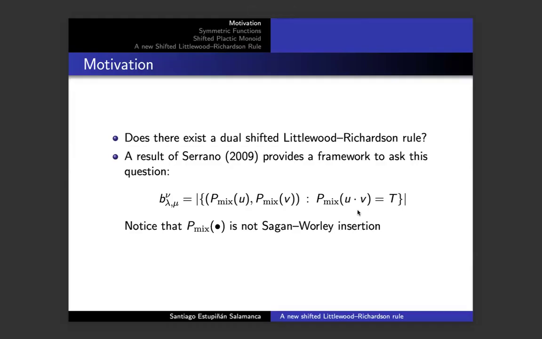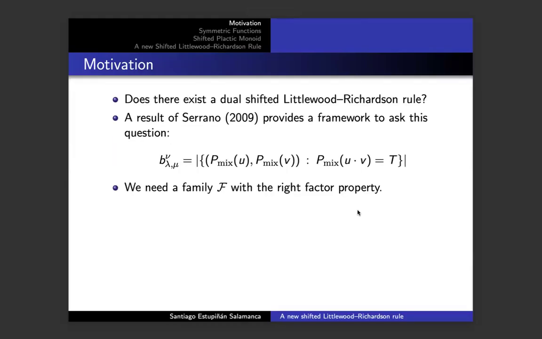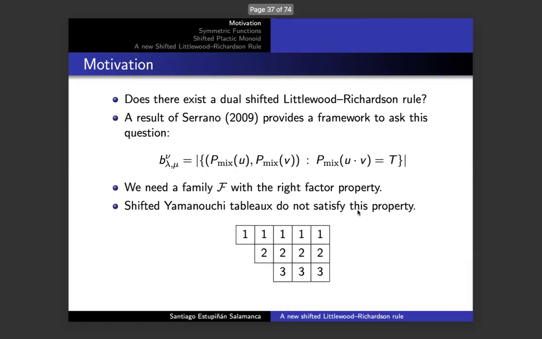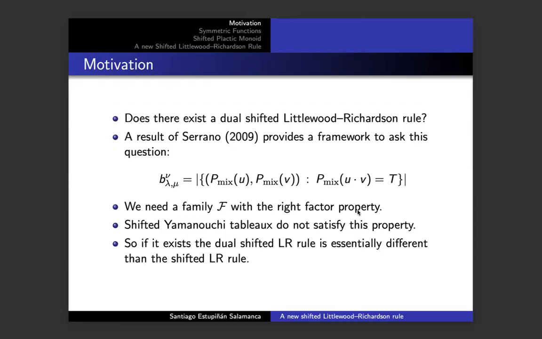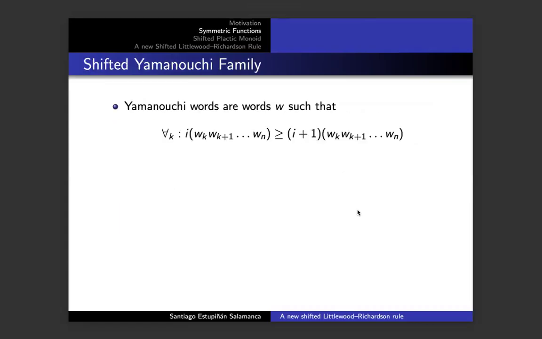And once again, I need a family with the right factor property, but in contrast with the Grassmannian case, if I take the naive shifted Yamanouchi family, shifted tableaux that have only ones in the first row, only twos in the second row, and so on, they do not satisfy this property. And so there is something essentially different in this context, and it's worth exploring. So to obtain a different target,